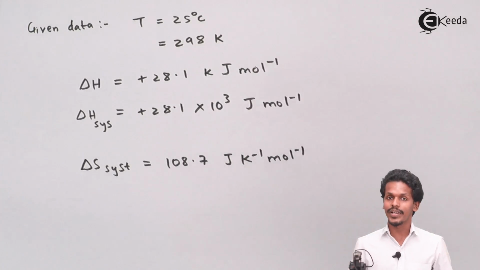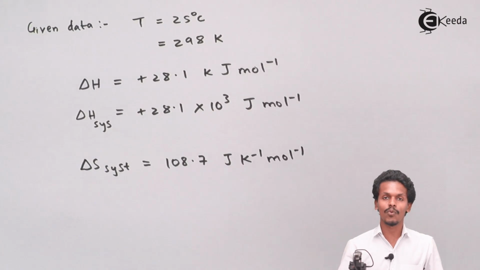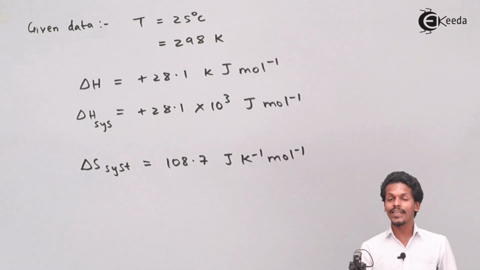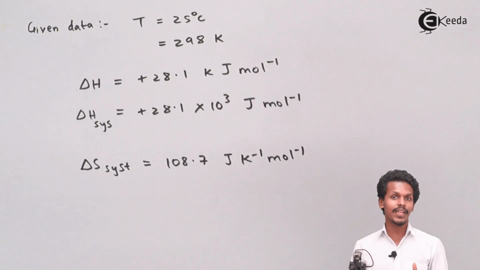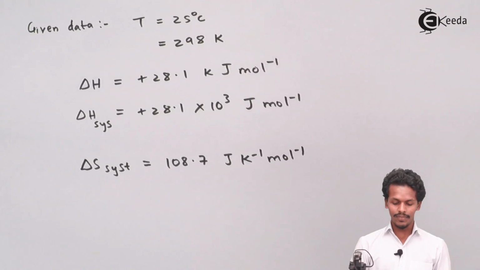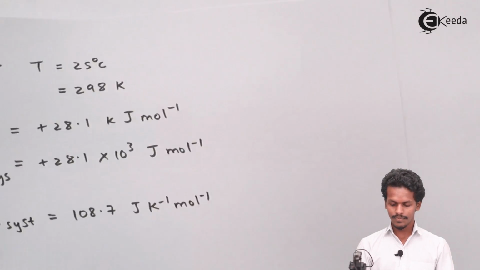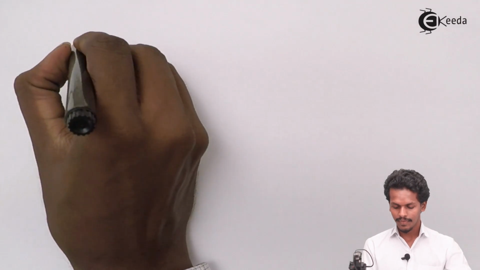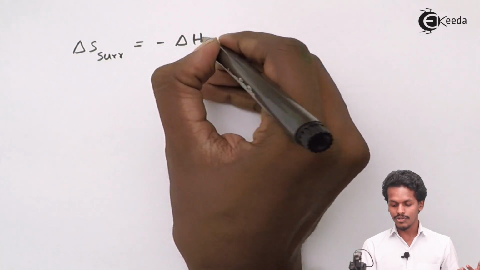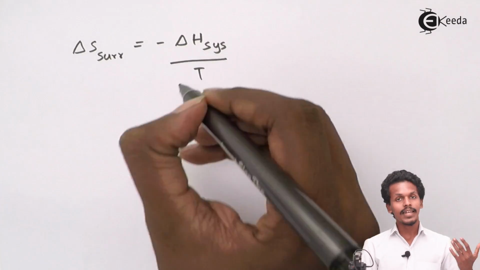So this is the data that they have provided to us, but on that basis we have to calculate what would be the surrounding, because the system value is known to us, but the surrounding value is not known. So the first thing that we are going to do is calculate the entropy change of the surrounding. For that, we have a relation between the entropy change of the surrounding and the enthalpy of the system, and that is